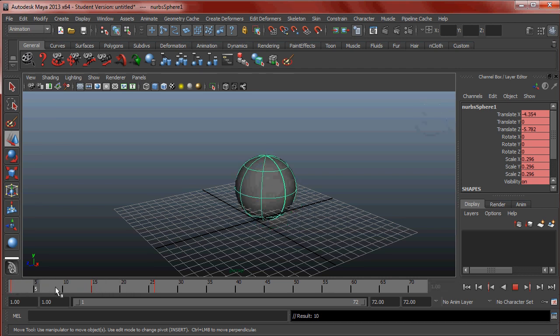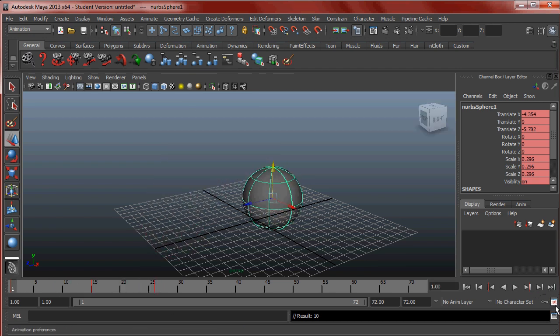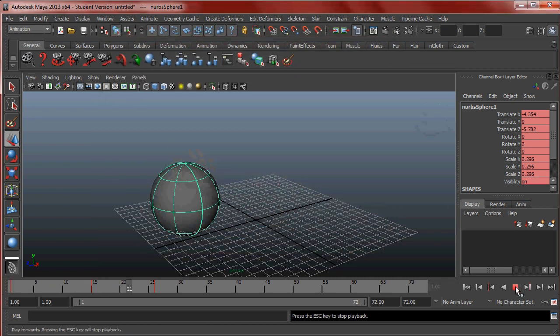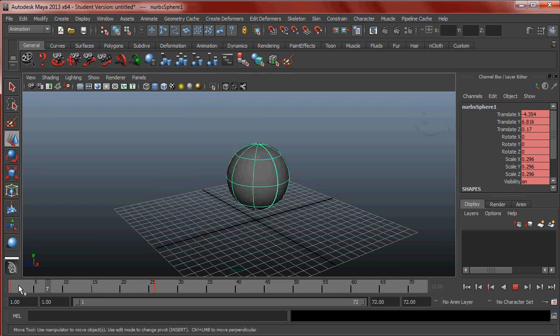So let's say I want my ball to hop from my starting position and back to where it was. So I want it to go boom, boom. Right now I can do that because I'm just scrubbing the timeline. But let's make this continuous. Right now, all the ball does is hop and stay there, and then it starts over. What if I want my ball to hop there and then go back? Well, what I can do is